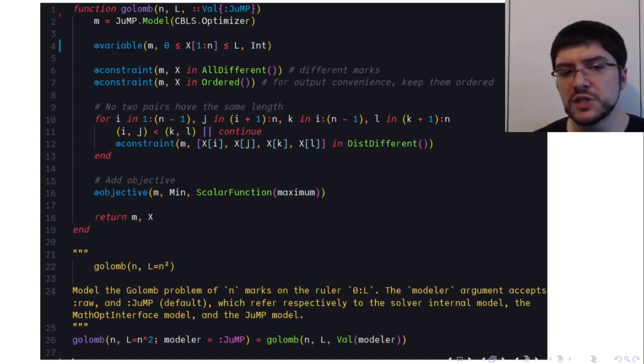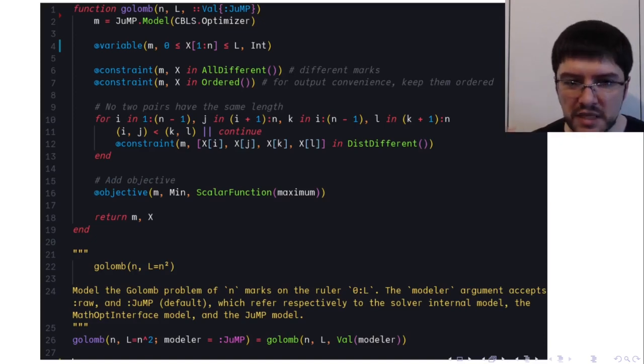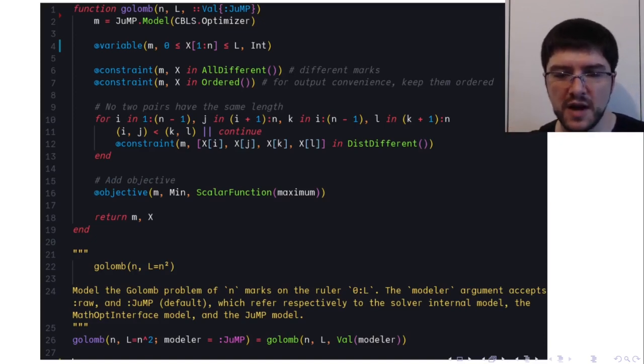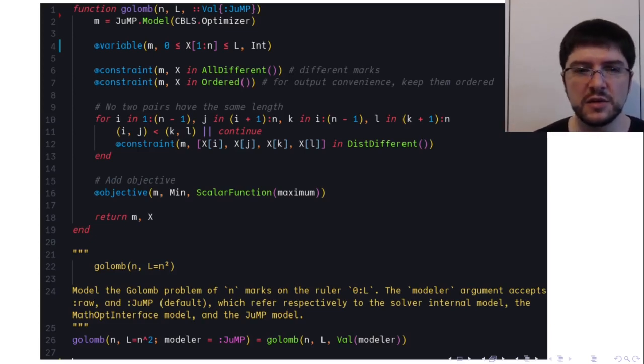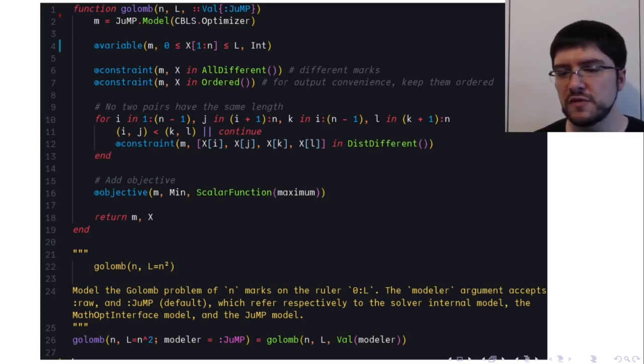Finally, we add an objective on line 16 that allows us to minimize the maximum mark value, which ensures that the ruler that we will find at the end is as small as possible. And we return the model and the variables so that we can solve the model and retrieve the variables' values